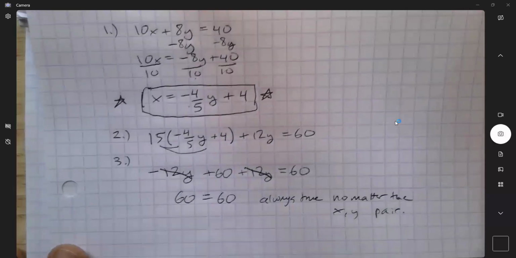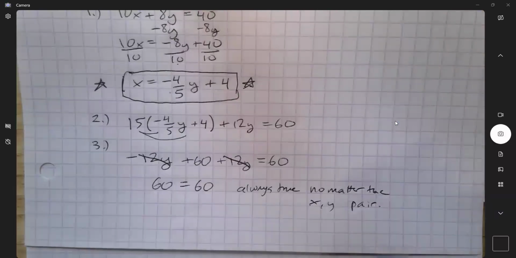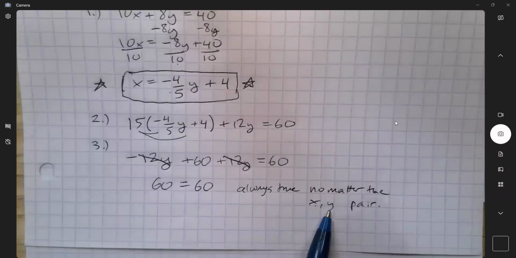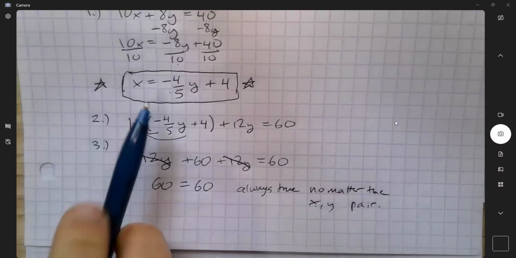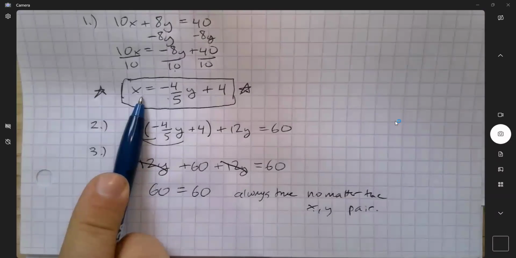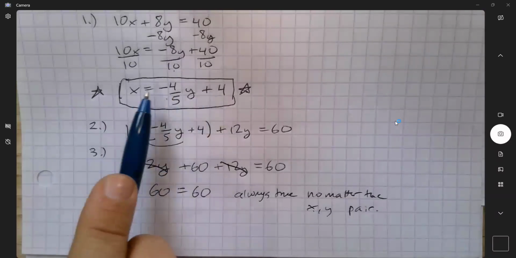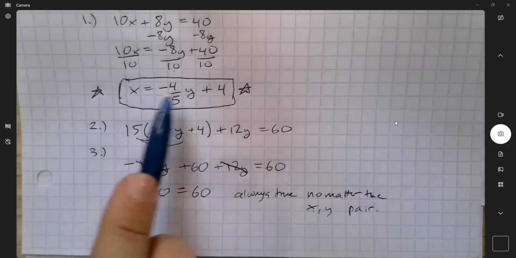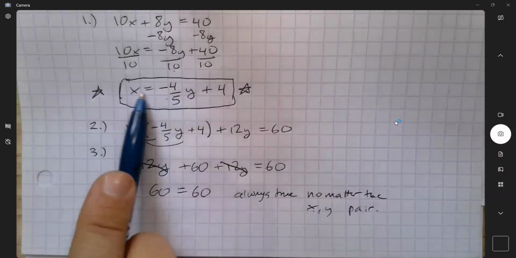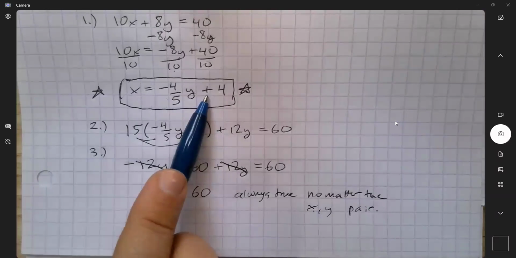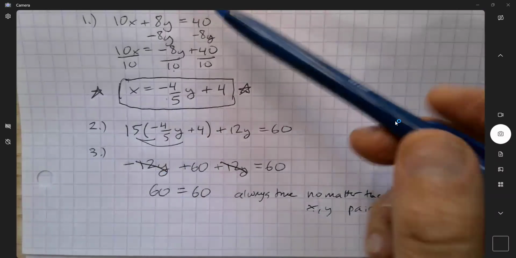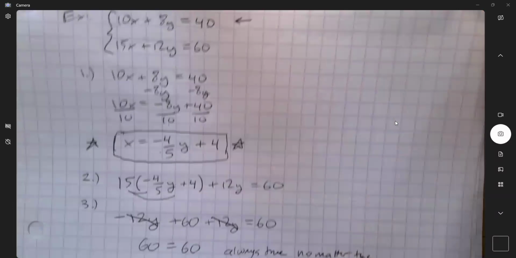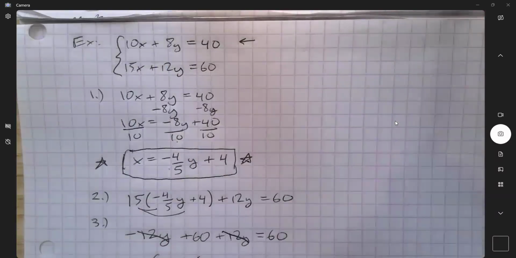It doesn't tell me what those solutions are. It doesn't mean any x and any y. The x and the y have to have this relationship in my start equation. Right? They have to be on the line of one of my equations. It just so happens that any point on this line is also a point on my second equation, this line. So there are infinite